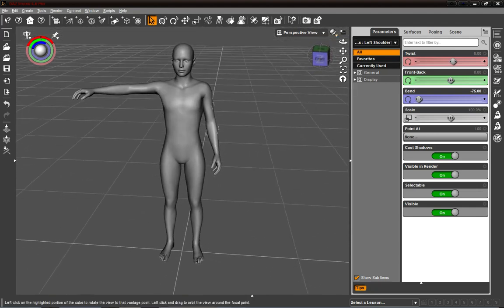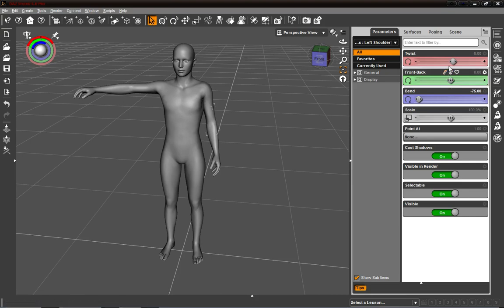So yeah, and then this is how you twist it. If you want to twist the shoulder, how shoulders actually twist, you just twist it like that. Just like that, like my shoulder twisted like this. As you can see, oh goodness, that's not a nice bend. All that skin is moving like that. That's horrible. Well, what Daz Studio actually does is it completely pauses and freezes all the